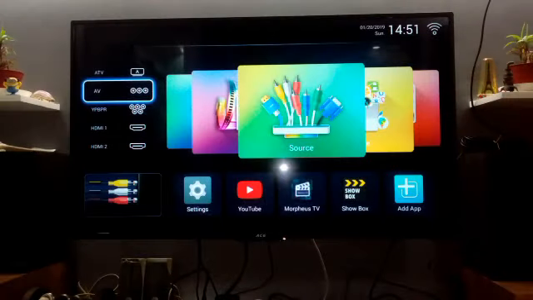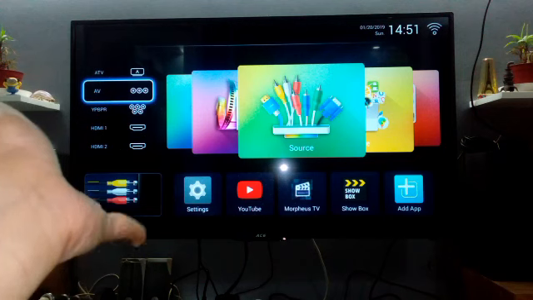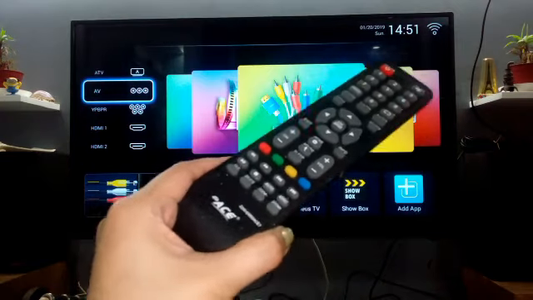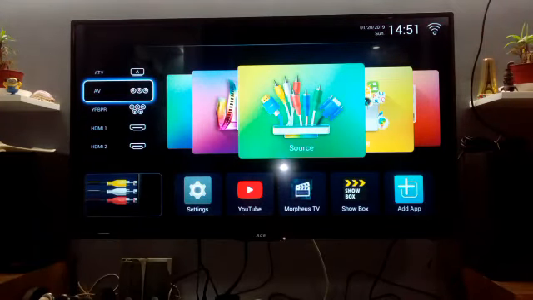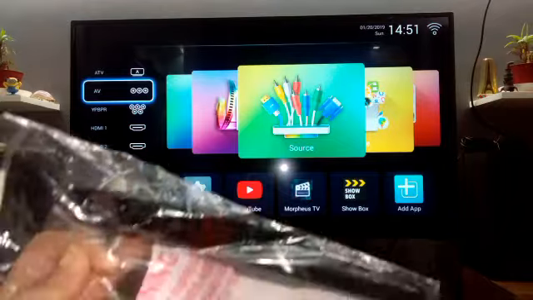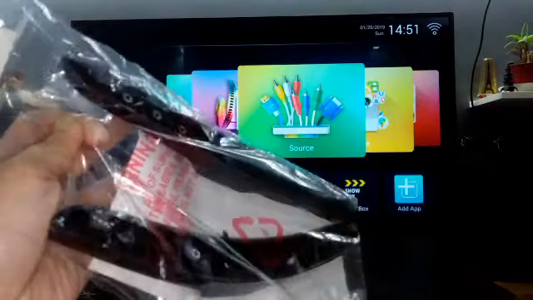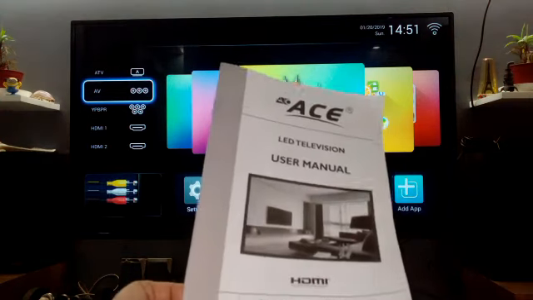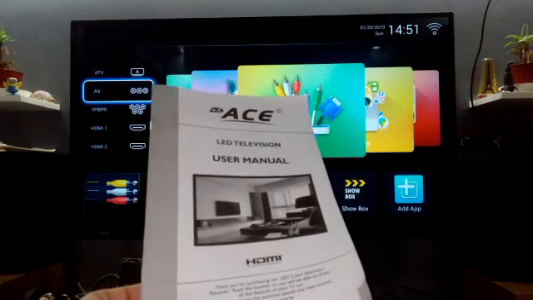By the way, this unit comes with a monitor, LED, or the TV unit itself, remote control without batteries, TV stands, which we did not use because we preferred wall mount to save space, and manual, which I cannot